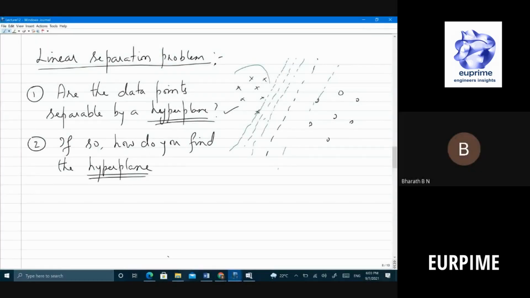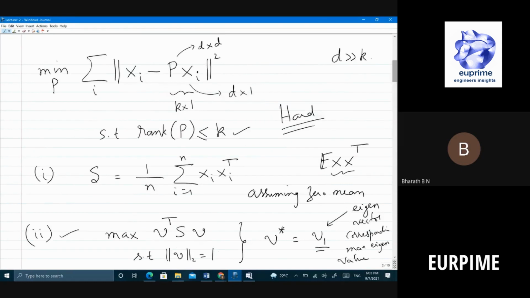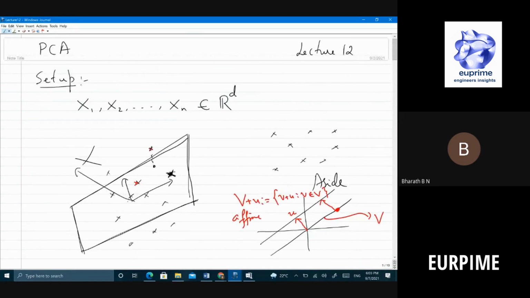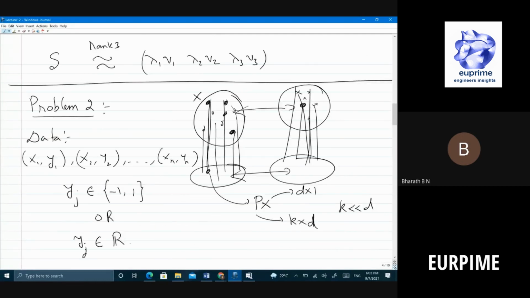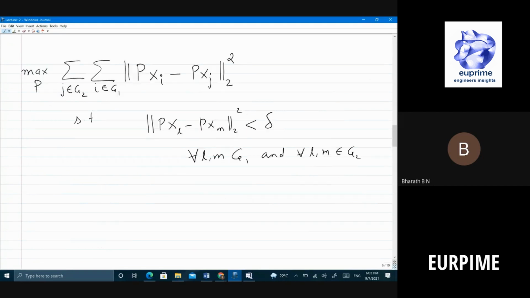So let's get started. In the last class, let me do a quick recap of what we did. I think we started looking at a few example problems. For example, PCA was one example, and then we looked at various optimization problems that hopefully eventually we'll look at how